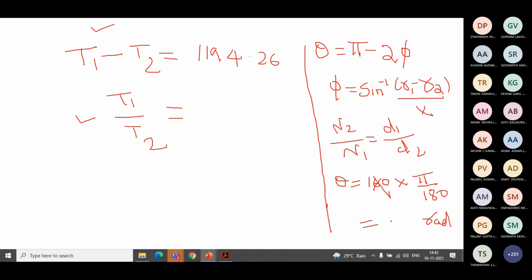That you will have to substitute here, in e to the power mu theta. How much is it? 3 or 2.5. Sir, I got T1 by T2 as 2.509. Okay, 2.46 or 47 you might get. So with this value you should be able to calculate. You substitute T1 here, you solve these two equations. T1, how much do you get?